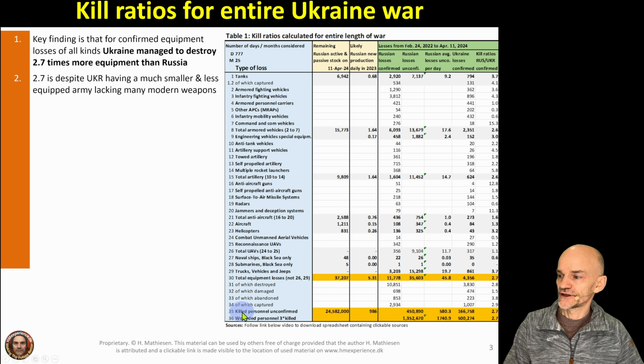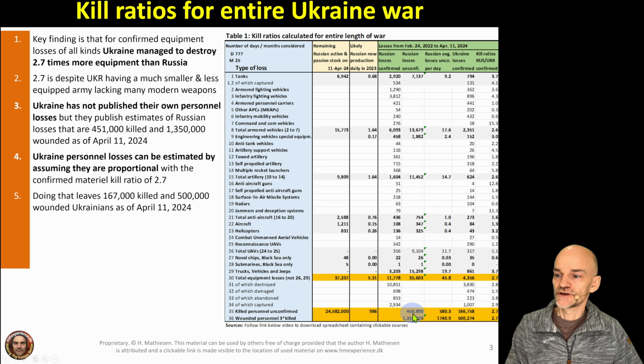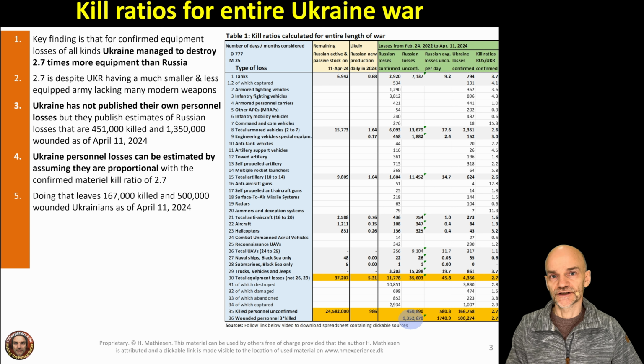We can find them down here, killed personnel unconfirmed. I have data from the Ukraine Armed Services that are publishing how many Russians they believe they have killed every day. And it's quite a high number here. It's 451,000 people they have killed, believed killed, unconfirmed as of April 11th of 2024. And also they have an estimate of the wounded persons. That's normally 3 times higher. And that's also what the Ukrainian army assumes in their data, because that's the experience from wars around the world, that it's normal that 3 times as many get wounded, either seriously or lightly, as the number of killed soldiers. And considering Russia, it's 1.3 million people who are wounded.